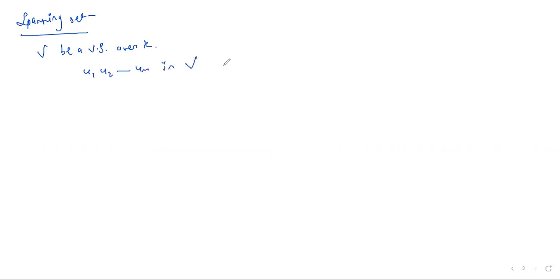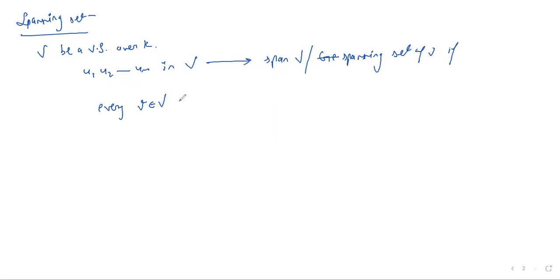Now we'll see what spanning sets are. Let V be a vector space. We are going to consider a vector space over a field K in every definition. Let V be a vector space, and the vectors u1, u2 to um in V are said to span V, or we can say that they are the generating set or spanning set of V, if every vector v which belongs to the vector space V is a linear combination of u1, u2 to um, if there exist scalars